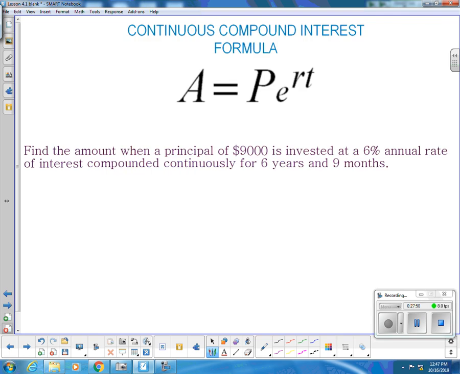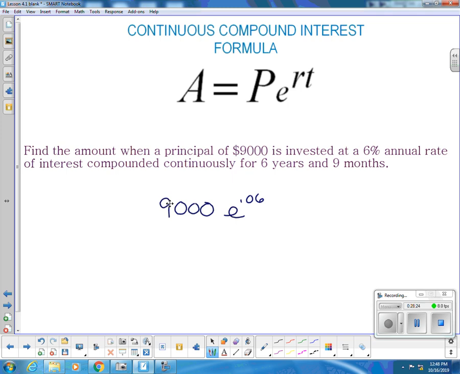Here you go. Continuous. If it's compounded continuously, every nanosecond, it changes the formula very quickly. It's PERT. P is the principal still. E is that special number, irrational, 2.71, blah, blah, blah. Your calculator is going to give you that. R is your interest rate, again as a decimal, and T is time. So this is a very easy formula. Your principal, your E value,